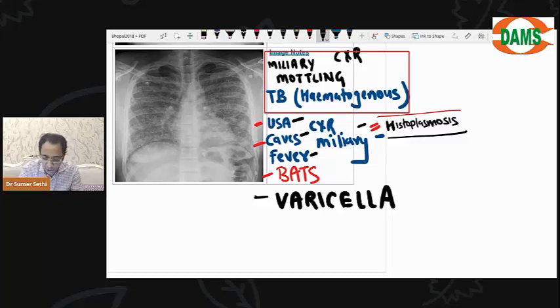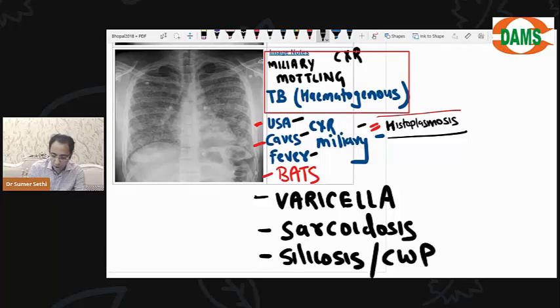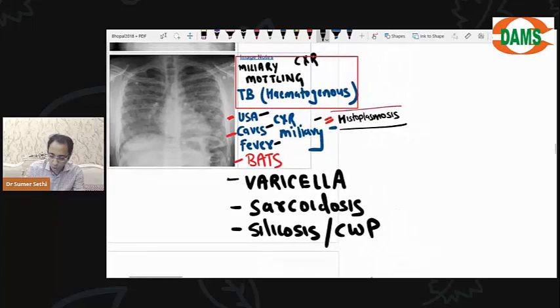Varicella. Varicella, chickenpox, when it affects the lung, can also lead to such appearance. Okay, let's see. Any other query you have? Any other cause of miliary appearance? So miliary appearance can also be seen in things like sarcoidosis, silicosis, coal worker pneumoconiosis,